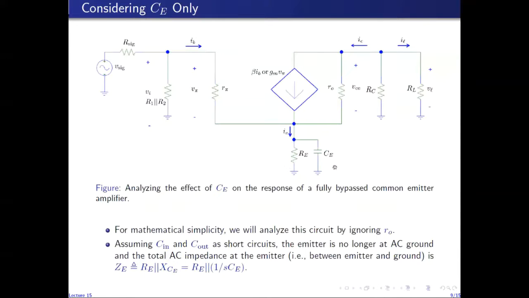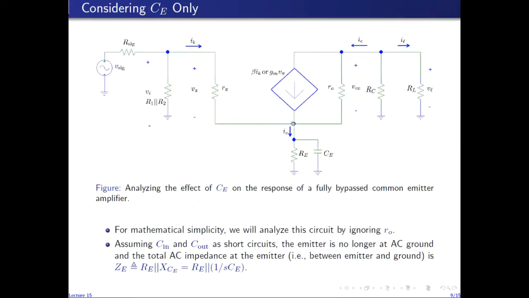So now we will proceed towards finding the response of the circuit by taking into account the bypass capacitor CE, by assuming the coupling capacitors as short circuits. For mathematical simplicity, I will ignore R0, because if we include R0, the resulting expressions will become mathematically laborious. So I'm going to ignore small r0. And by looking at the circuit, we can find the